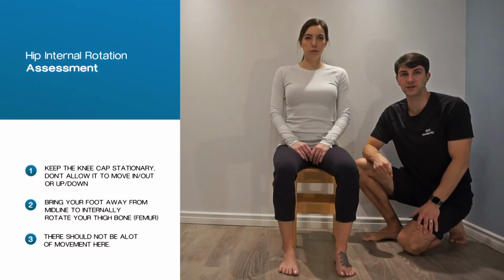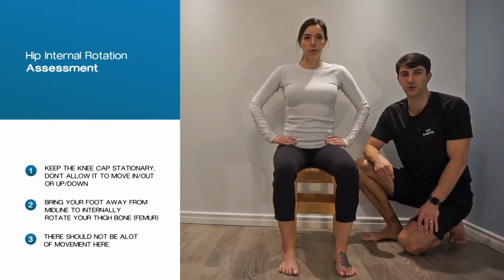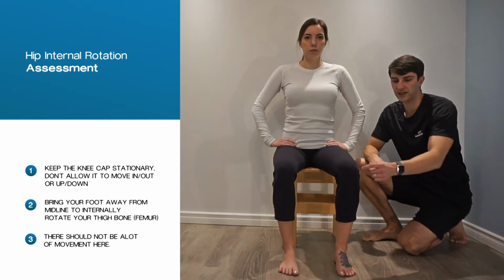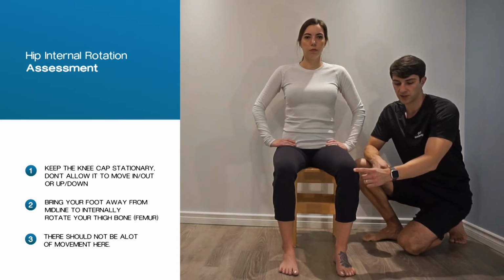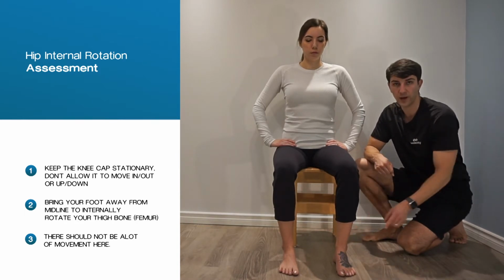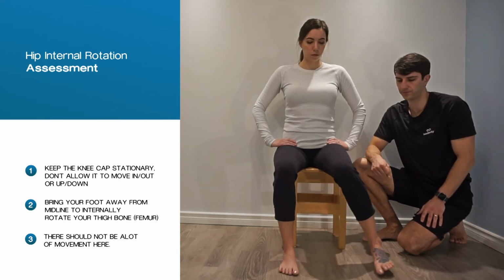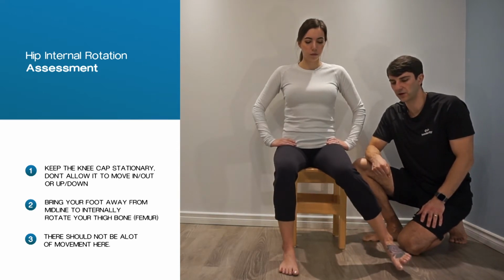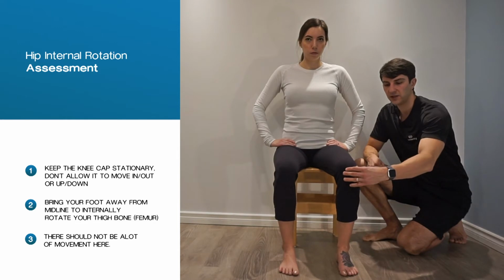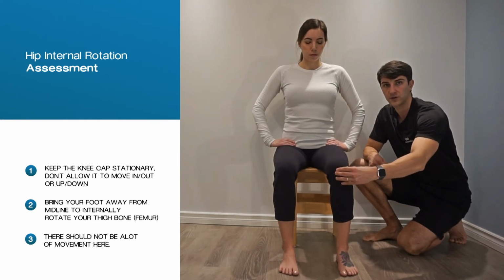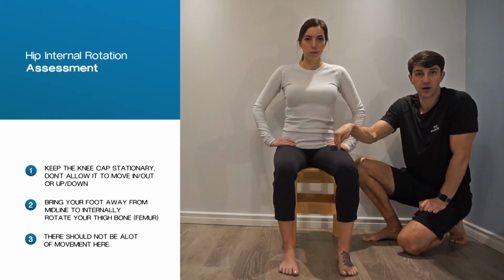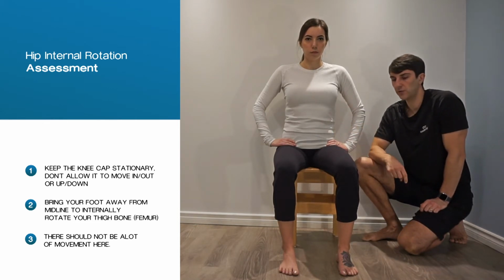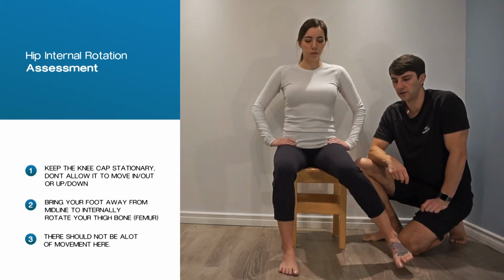Hip rotation assessment, starting with internal rotation, trying to keep the kneecap stationary the entire movement. Start by bringing your foot away from midline and back to the starting position, preventing your knee from moving inwards or outwards and having the rotation begin and start with your hip bone. So 2 repetitions would look like